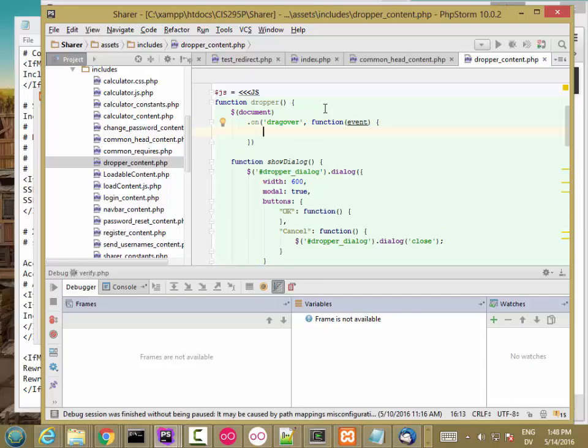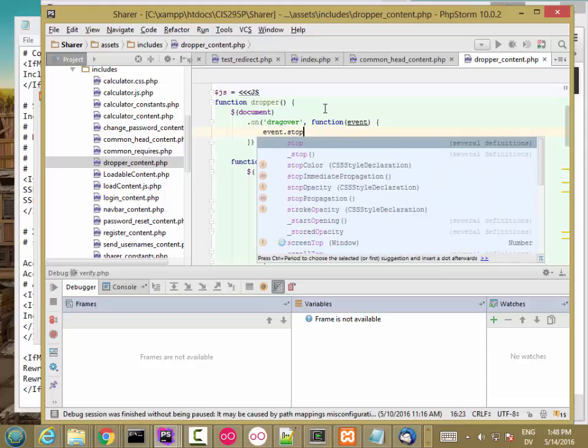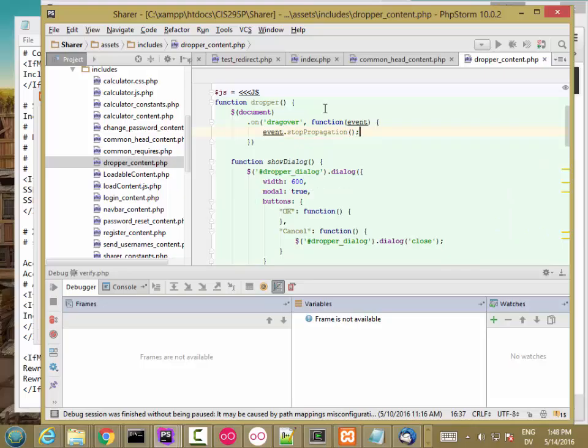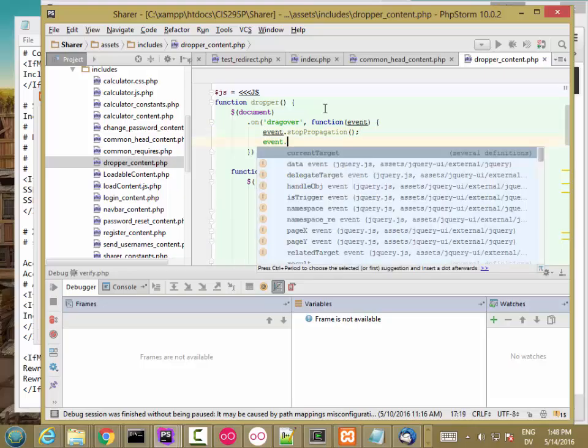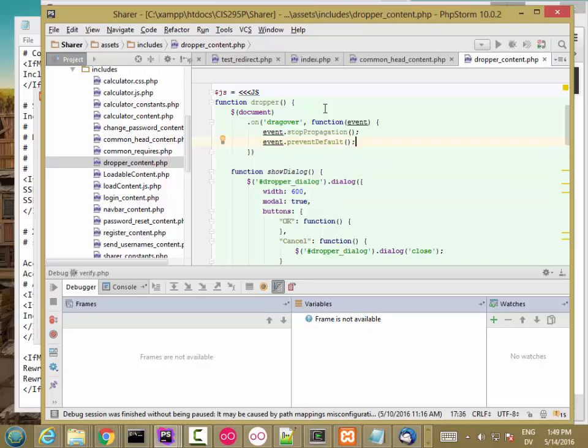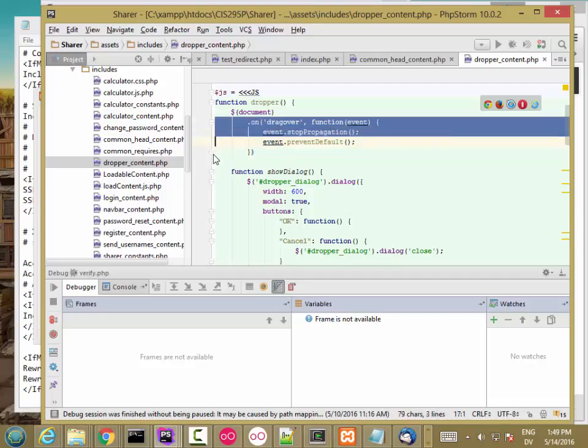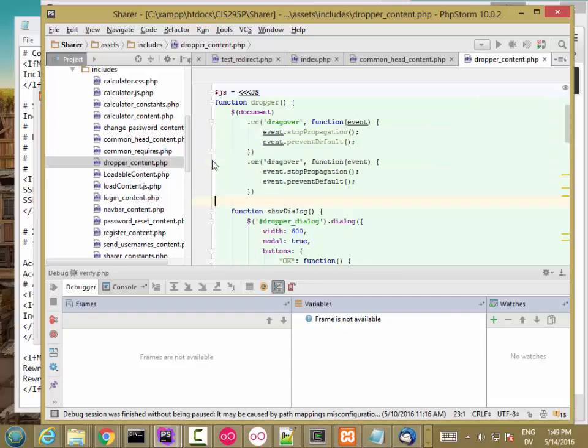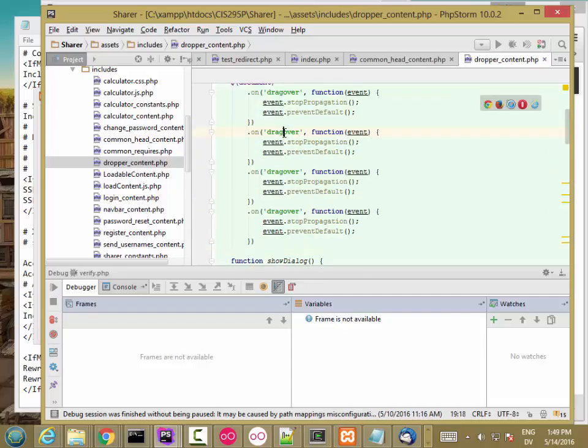And the code for drag over is pretty simple. All I have to do is stop propagating the event. So that's going to be event.stopPropagation, and then also event.preventDefault. So this just says basically don't do anything when you drag over the document window, and that disables the default behavior. And then I'm going to copy and paste this 3 times and start with this for my drag enter,